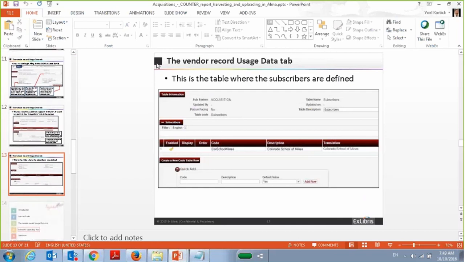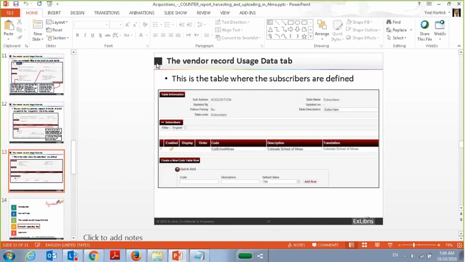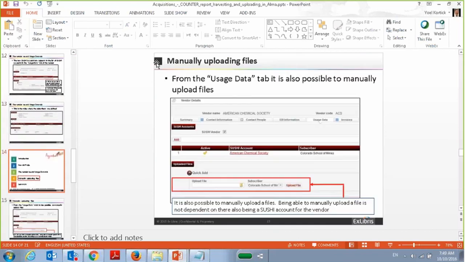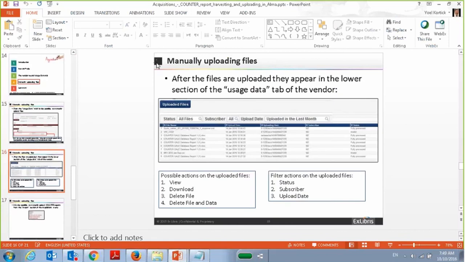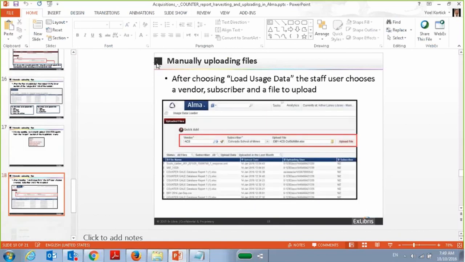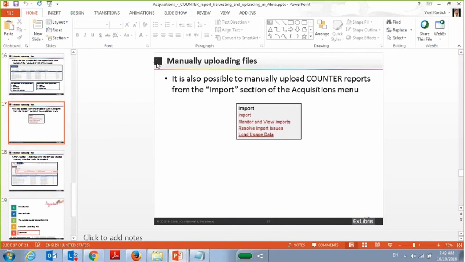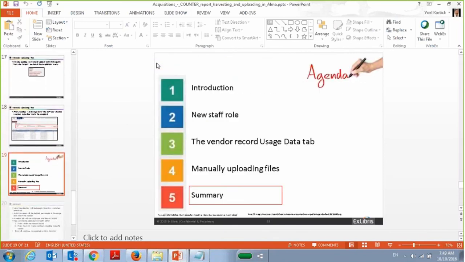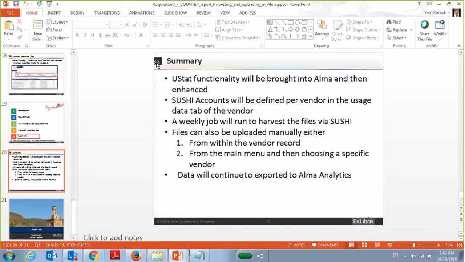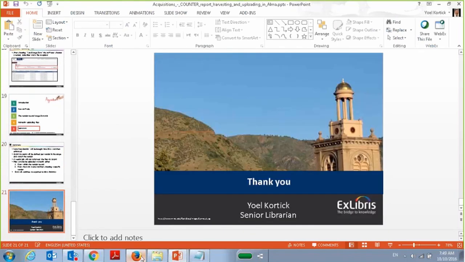We said you can also upload manually the files. We did upload manually a file. You can filter when you see all those files. You can also upload right from the import menu at the load usage data menu. And we went through all of them. One more point I want to make here